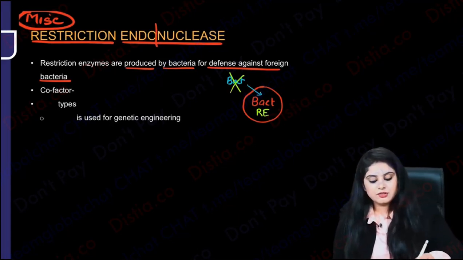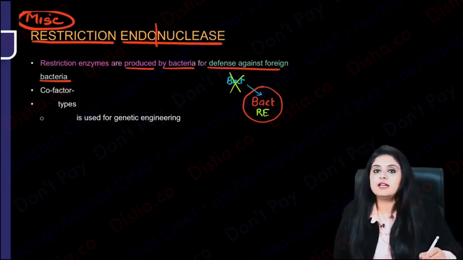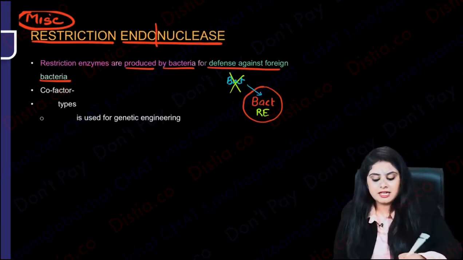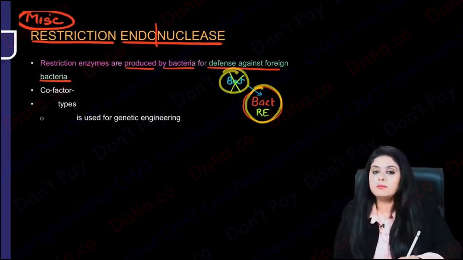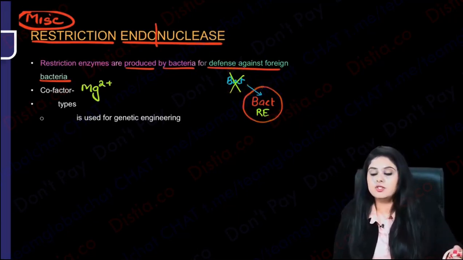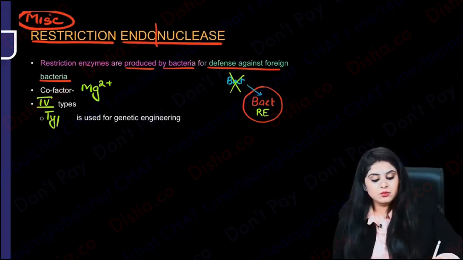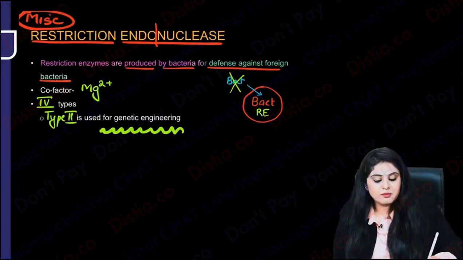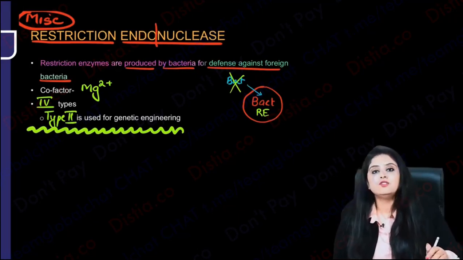So can I say that restriction endonucleases are produced by this bacteria over here? Why? For its defense against any other bacteria entering, right? Like you have antibodies now, that if COVID virus comes, I will kill it. Similarly, bacteria has restriction enzyme so that if any foreign bacteria comes, it will kill it. Every restriction enzyme needs a cofactor, that is magnesium. There are 4 types of restriction enzymes. Bacteria uses all 4, but out of these, which is the type that I am using for my drugs and all the genetic engineering going on, all the lab testings? Remember, type 2 is used for tests, that is genetic